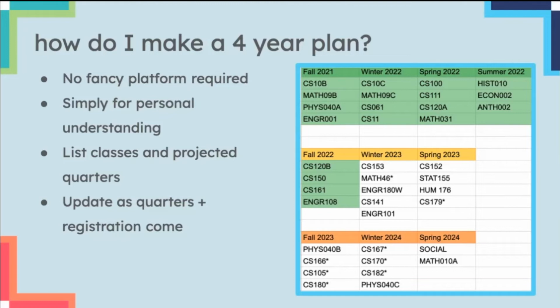And I just put an asterisk to indicate to myself that, hey, this is a technical elective, this is not a core class, so I can be careful as to when this class is going to be offered and when it isn't. And then I also did it for humanities. Obviously, I missed a spot, and I have just "social" here, just to indicate to myself that I need some sort of social science class, and I need to figure that out very soon. And then obviously, as the quarters go on,